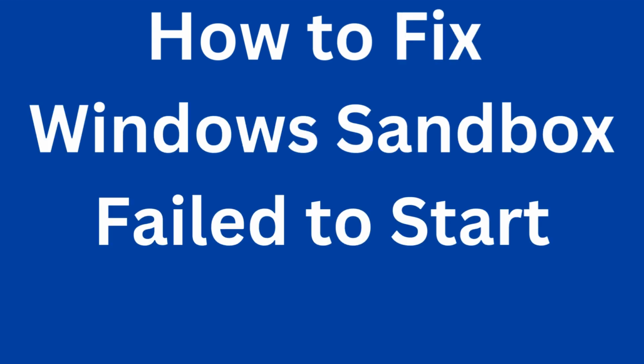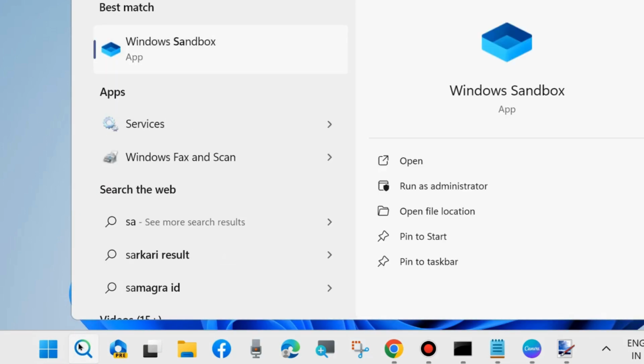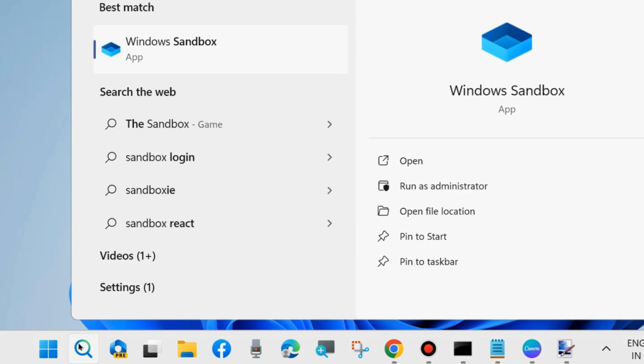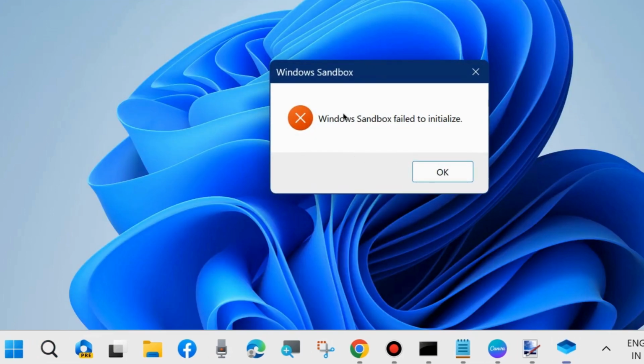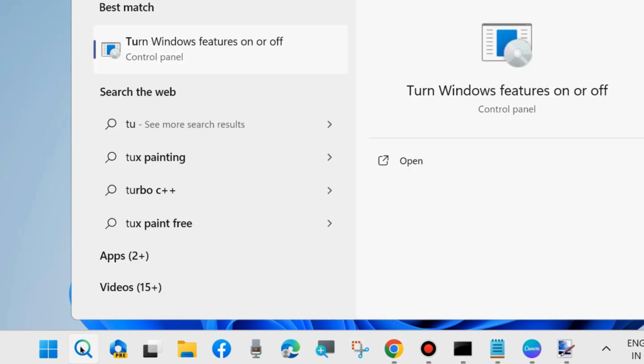How to fix Windows Sandbox failed to initiate or failed to start on Windows 11 and Windows 10. When you try to open Sandbox, go to Windows Search, type Sandbox, click on Open, and such type of message appears: Windows Sandbox failed to initiate. Then in this video we will bring you various workarounds to fix this issue, and the first workaround is